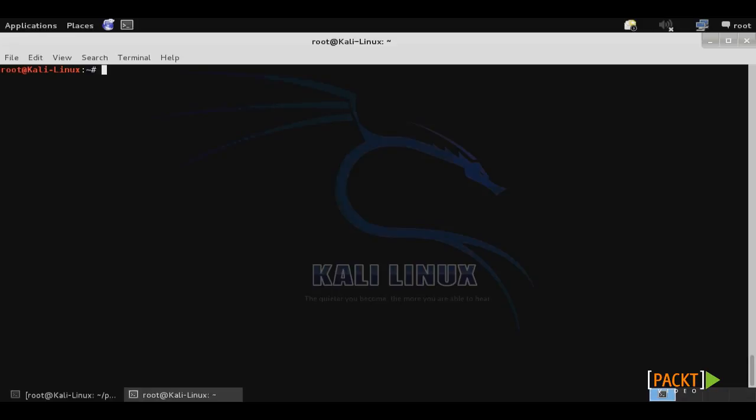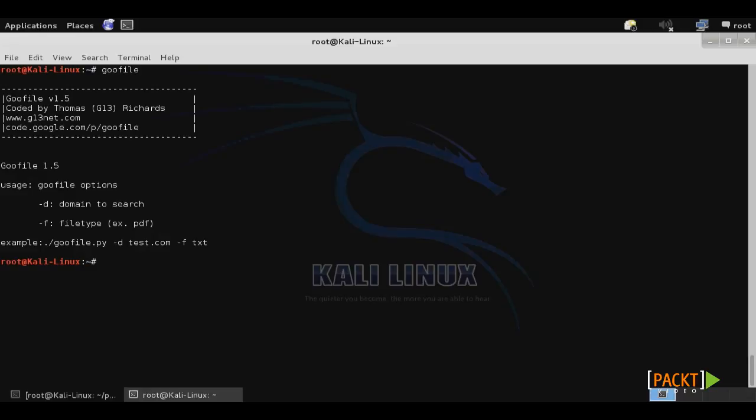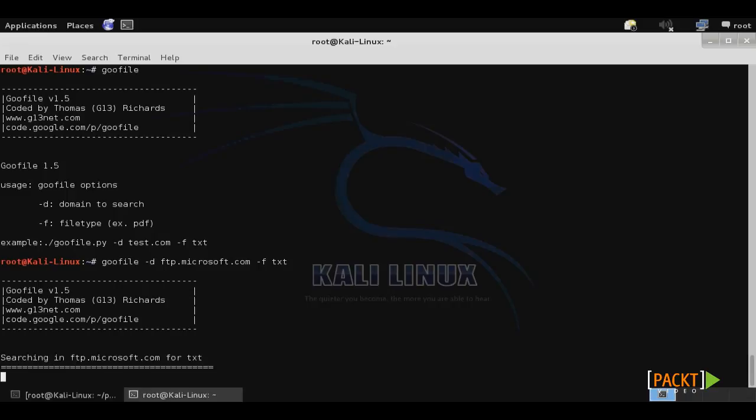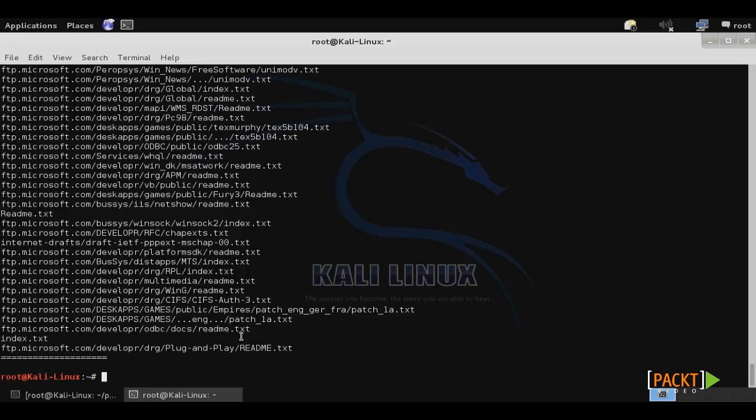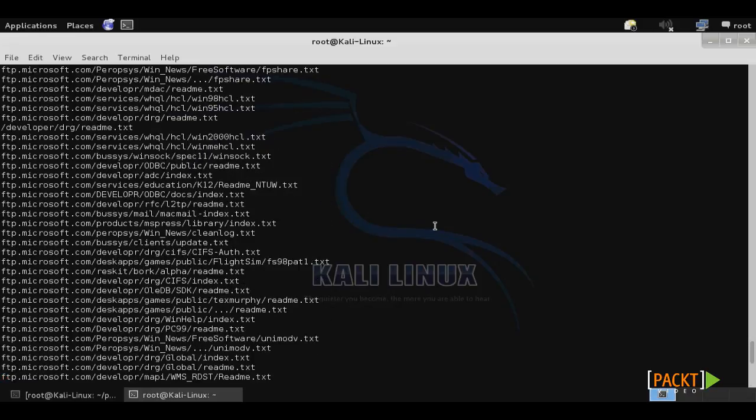Another helpful tool for automating passive information gathering is Goofile. This is a very simple file enumeration tool that will search a domain for a specific file type using the Google search engine. So, for example, we'll use goofile, then -d to specify the domain, and we'll specify our ftp.microsoft.com site, and then -f to specify the file type that we want to search for, and then we can use any file extension, so we'll go ahead and try txt. And that will return any text files located within that